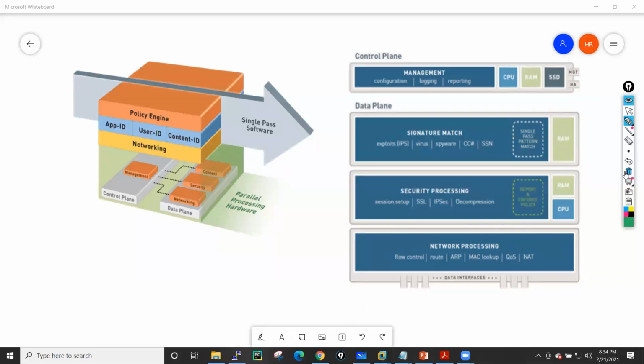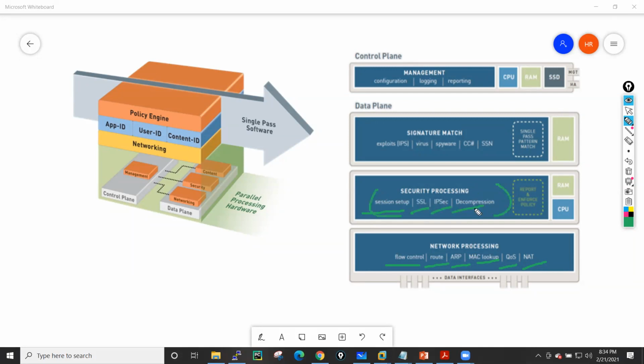Now, if you see here, your networking engine is responsible for your flow control, your routing lookup, your ARP table lookup, your MAC lookup, your quality of service, and your network address translation. All these things are done by your networking processor. Then we have a security processor, which is responsible for your session setup, SSL, IPsec, and decompression.